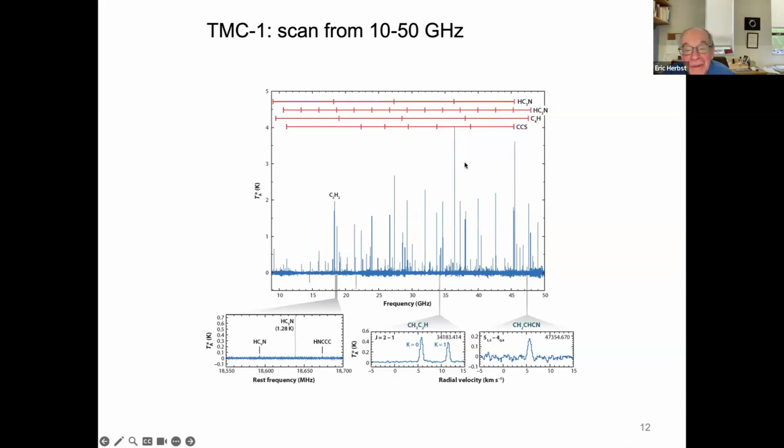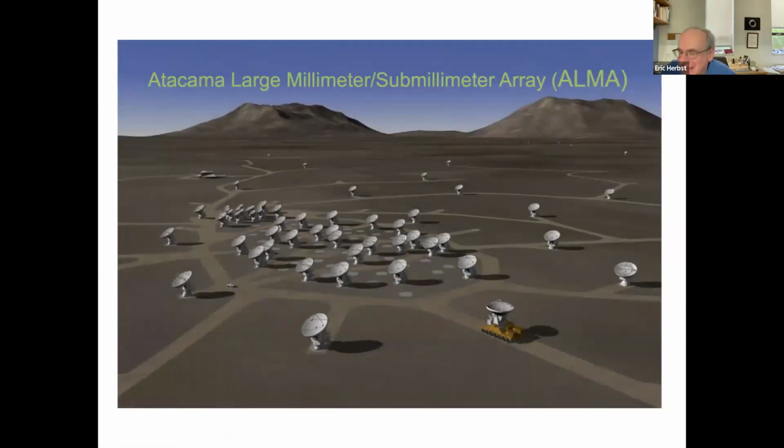Also, we learn from this how much of each molecule is around. We learn how the gas is moving, because the frequencies and the Doppler effect are different from those on Earth. So one learns an awful lot from spectra that are taken of molecules. And this is the radio spectra, so you're seeing rotational motion. Now, nowadays, instead of a single dish, we can use many dishes in tandem.